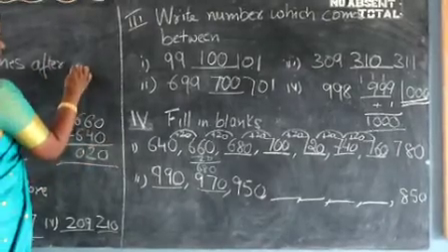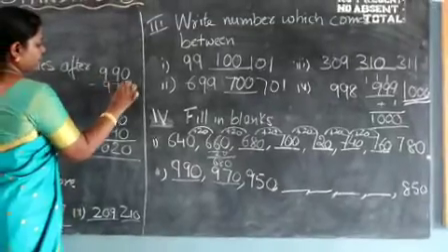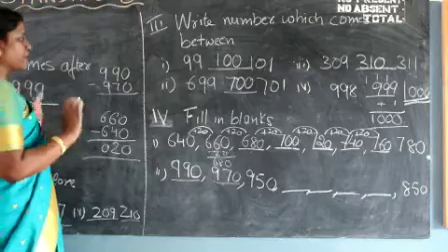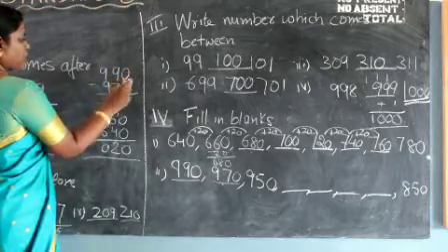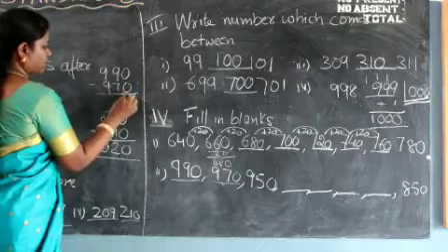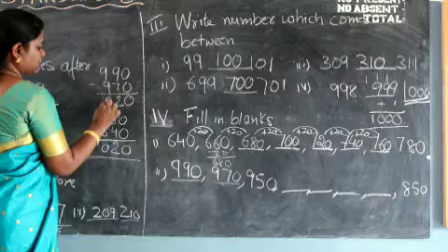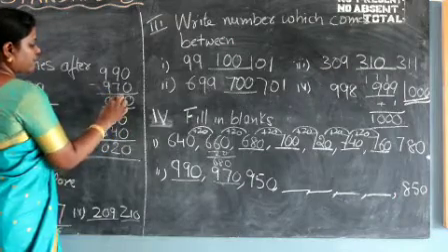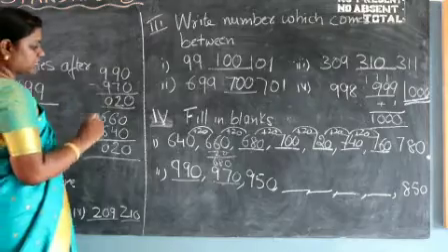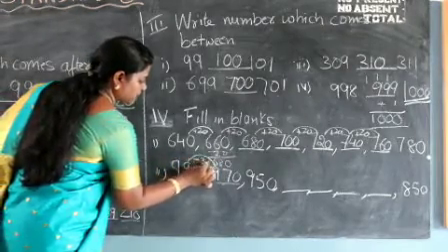So first we are going to take 990 and we are going to subtract 970 from that. Why are we doing that? Because we can only subtract a smaller number from a bigger number. So bigger number at the top, smaller number at the bottom. Now when we subtract, what happens? 0 minus 0 is 0. 9 minus 7 is 2. 9 minus 9 is 0. So again we see that the difference between these two numbers is 20. But what we should understand is, from this number to this number it is minus 20.